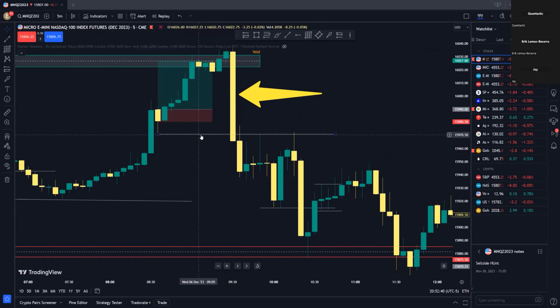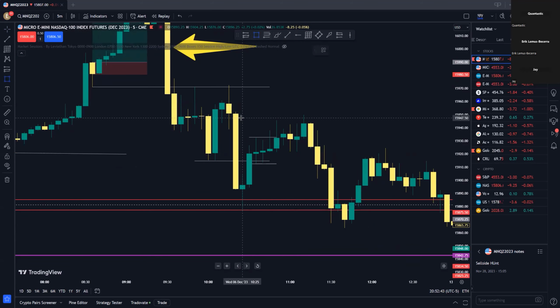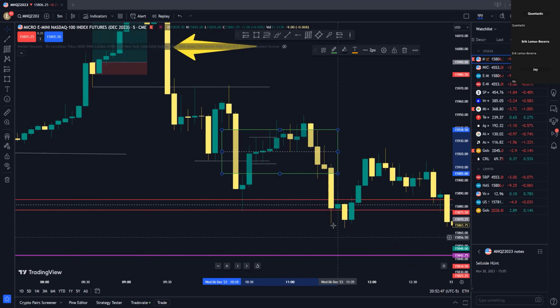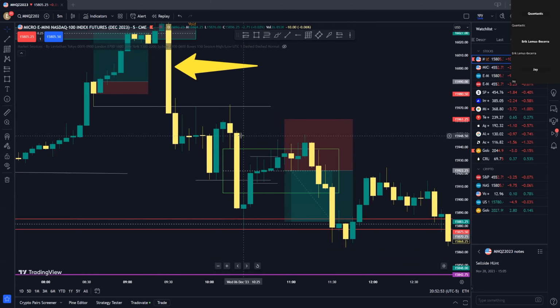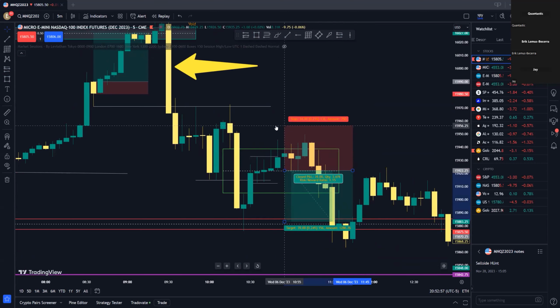We have a market structure shift here. Due to that, I know that this guy right here is a valid fair value gap for one more downside momentum. So at this position here, we know that we would like to take a short position. Stop loss is always a couple ticks above the fair value gap candle. And as you guys can see, this stop loss right here would be about 135 tick stop loss due to